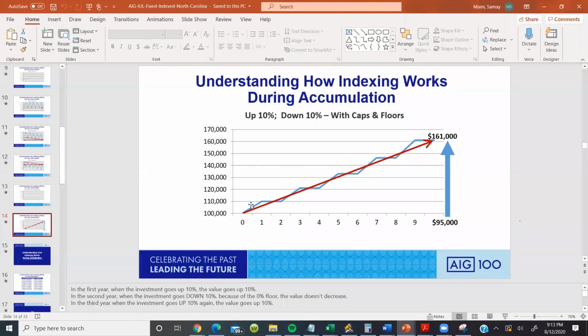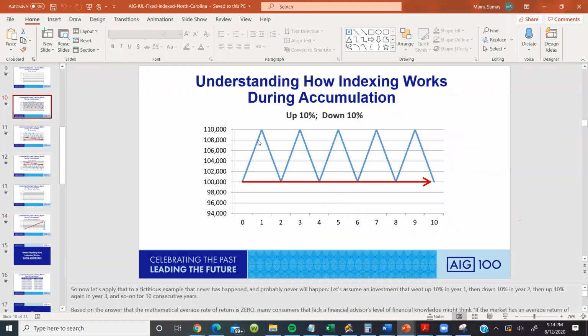One year you get a return, the other year 0%, then a return, then 0%. Still your money will go up, right? It will never happen that the market keeps going down, down, down. It can happen that it goes up, down, up, down. But you will still